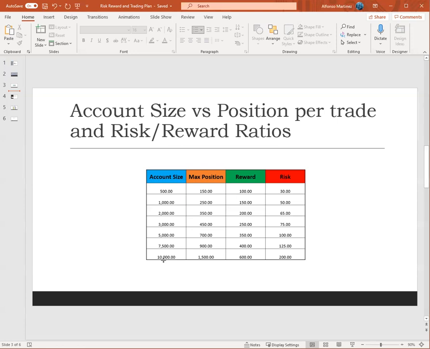So let's assume that we have an account size between $500 and $10,000, and I put here some examples that we're going to be following. But for the sake of this sample, let's do 3,000 in the middle. So if we have a 3,000 account, our maximum position size is going to be $450,